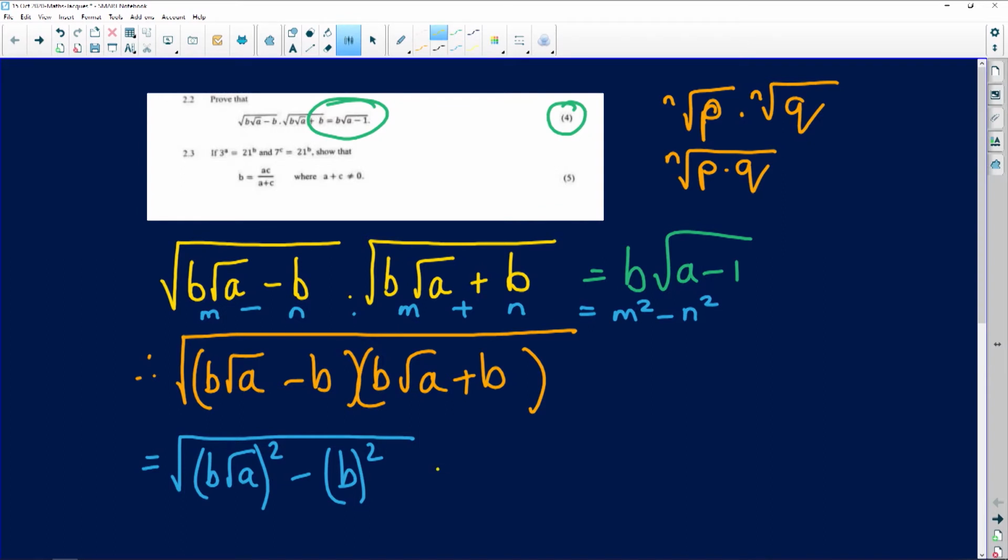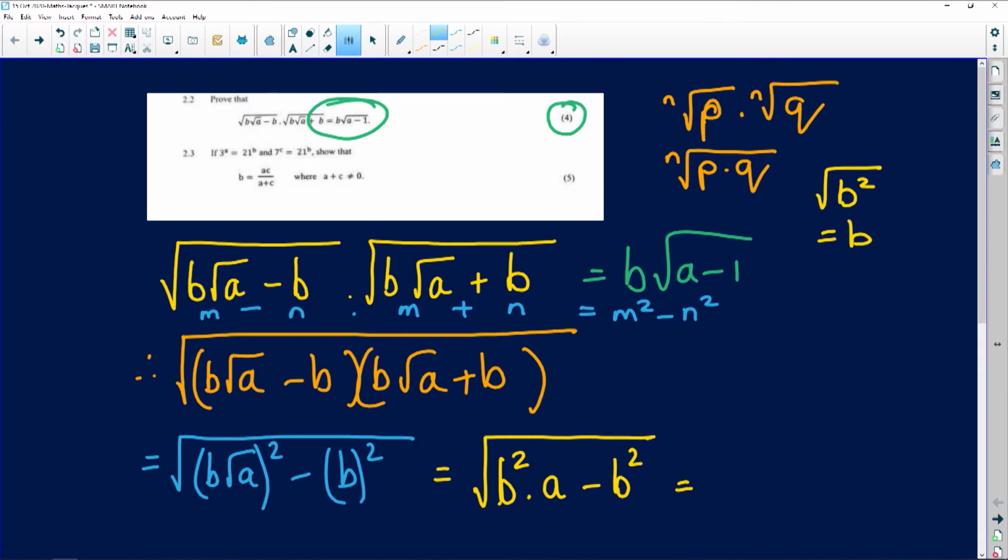Finally, I get b squared under the root, b squared multiplied by a minus b squared, which is just b squared. Now I can remove the b squared as common, and by definition the square root of b squared gives me b. So if I square root that and remove it from the root, I have b root a minus